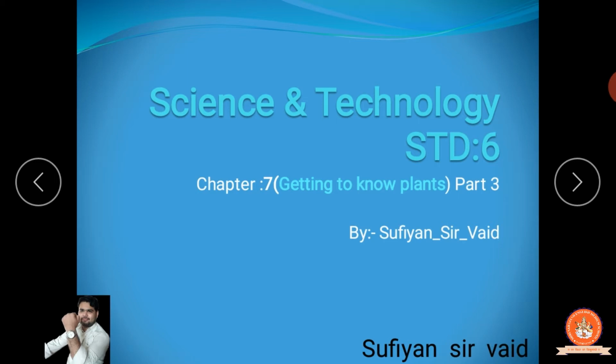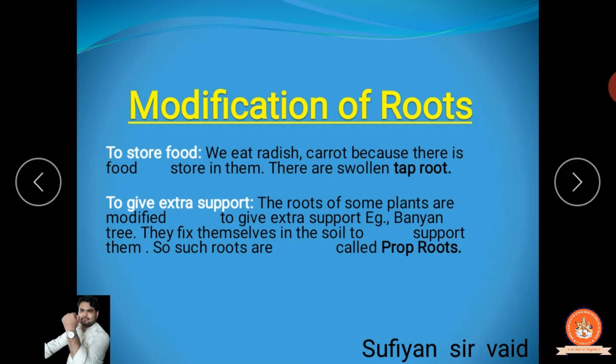Yeah. So in the previous lecture, we had studied about the stem, roots, and many more things. Now we are going to study about the modification of root and the particular flower. Okay, let's look at what that is. So modification of root. After the modification of root, what do we get, and what is the use of that modification? Because if we are modifying anything, we are getting something new and something interesting, and it is very useful to us. So what is it useful for? Okay, let's look here.